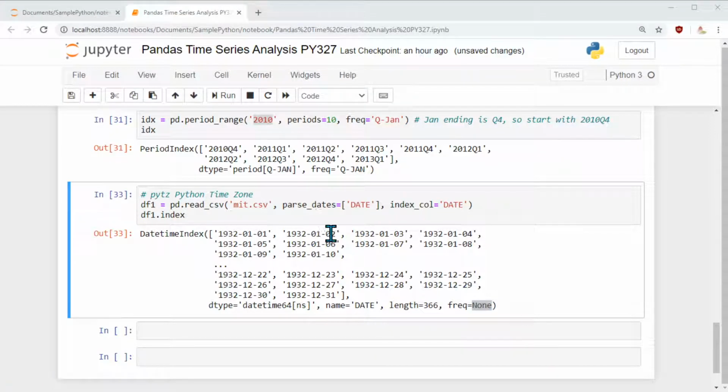Now the system doesn't know in reality whether this is MIT data, which is of course in the Eastern time zone, but the system doesn't recognize that. So we want to tell the system that this was done in Boston, which is the Eastern time zone. So there are ways to specify the time zone to the system. So far we have worked with time where we specify the time but we don't say the time zone. But now we are going to work across a few different cities.